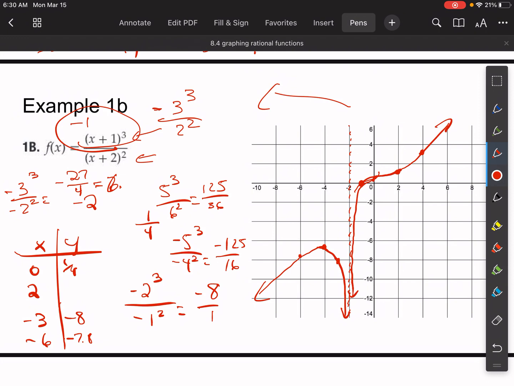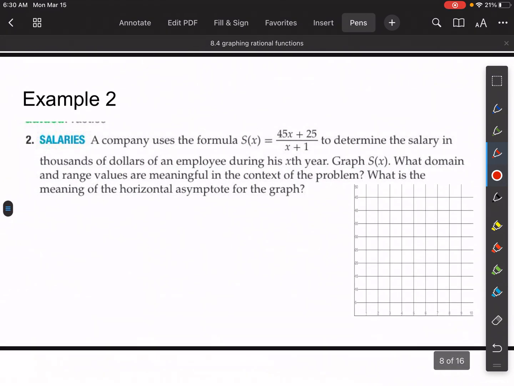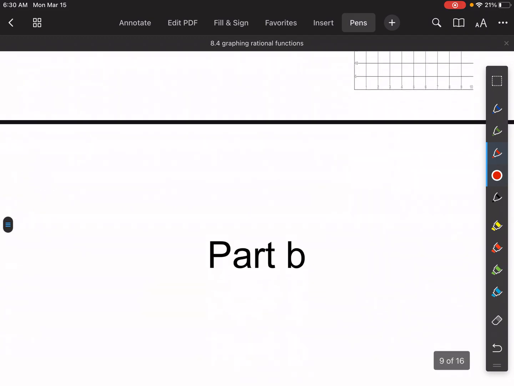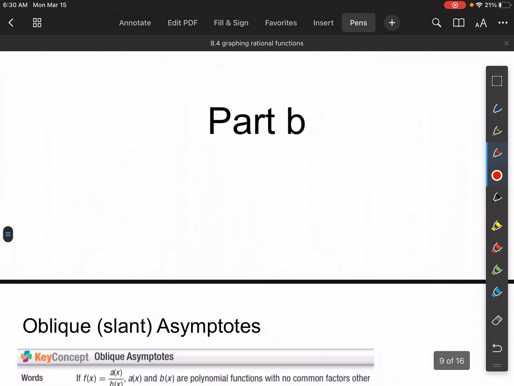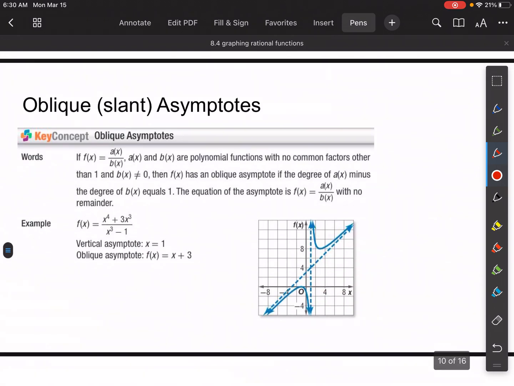And there's our picture. Okay, so the hardest part about this is determining when to stop. If you're struggling with that, maybe graph it on Desmos, see kind of what happens. I do need to see your work though, so definitely plug these in. For example 2b, this is just a real world problem with what we just did. I'm not going to take the time to do it here. And then typically I break this into 2 parts, but I'm going to get it all into one lesson here,